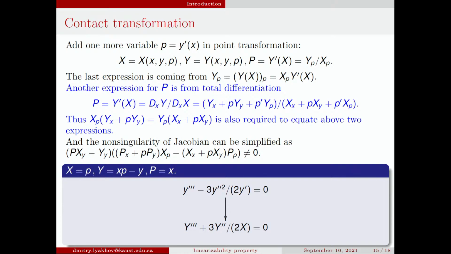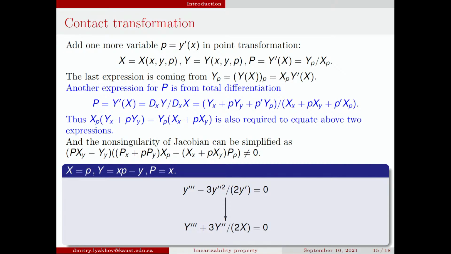Okay, so the rest of the presentation is just something about the generalization. The contact transformation is the generalization of point transformation. And we can see that in these transformations, we involve the first derivative as well. So the new variables, like capital X, Y, and P, will satisfy the transformation condition. Like the first one is just the definition of the